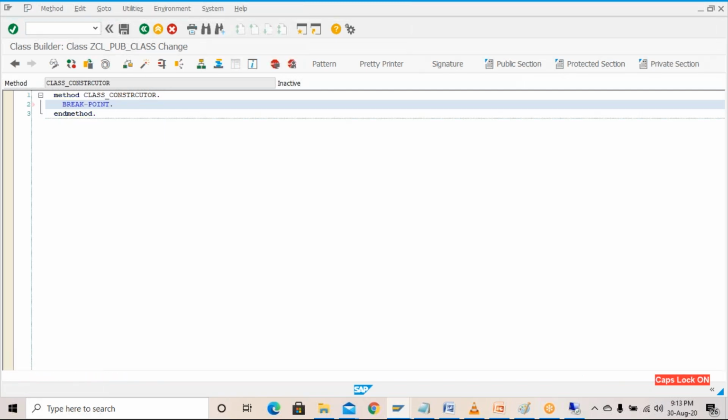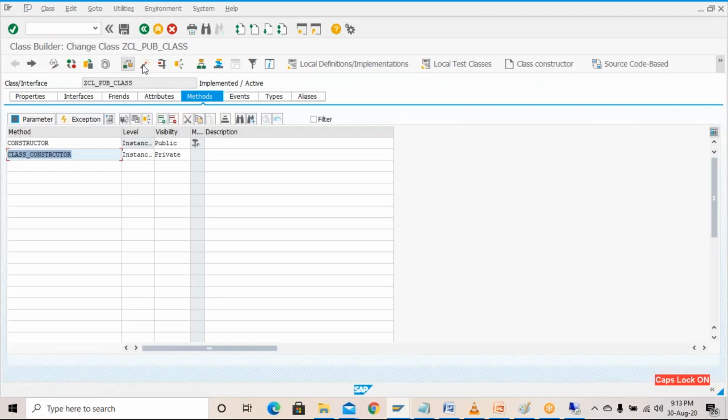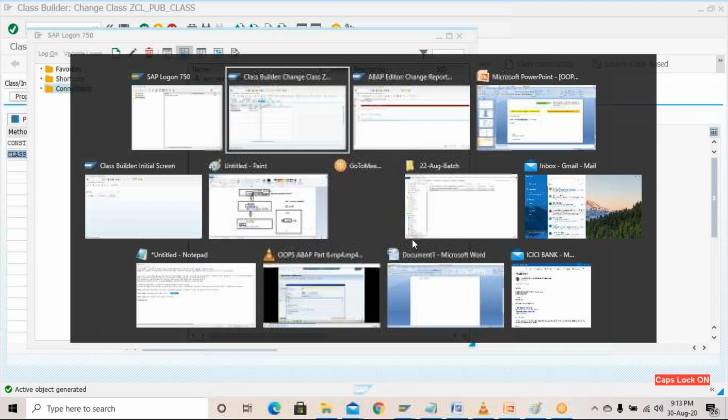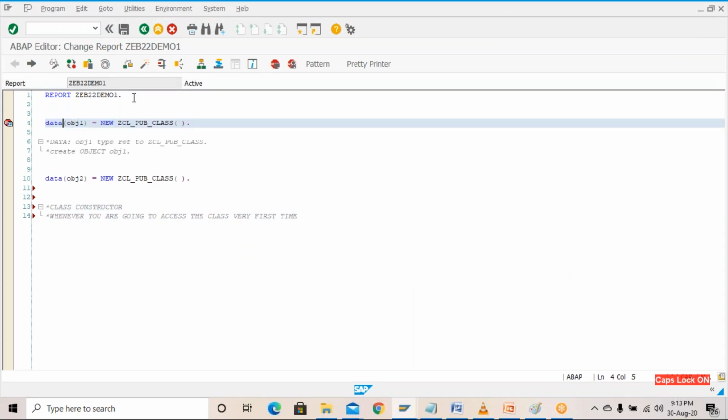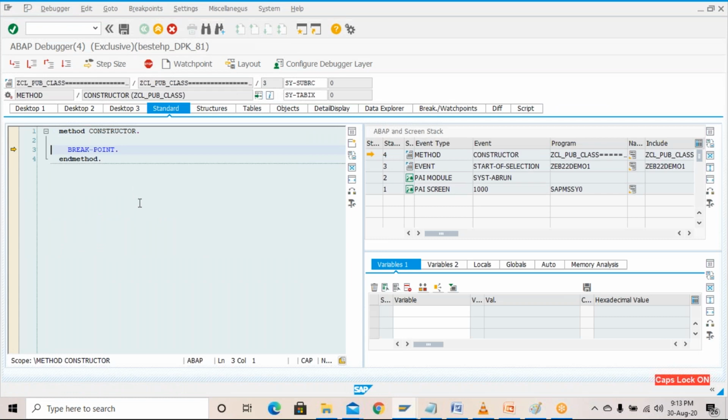Save it, check the syntax, activate this one, and just go back and activate this class also. Now come over here to this report. Now try running once again and let's observe the behavior. Okay, run this, press F8 and press F6, and here